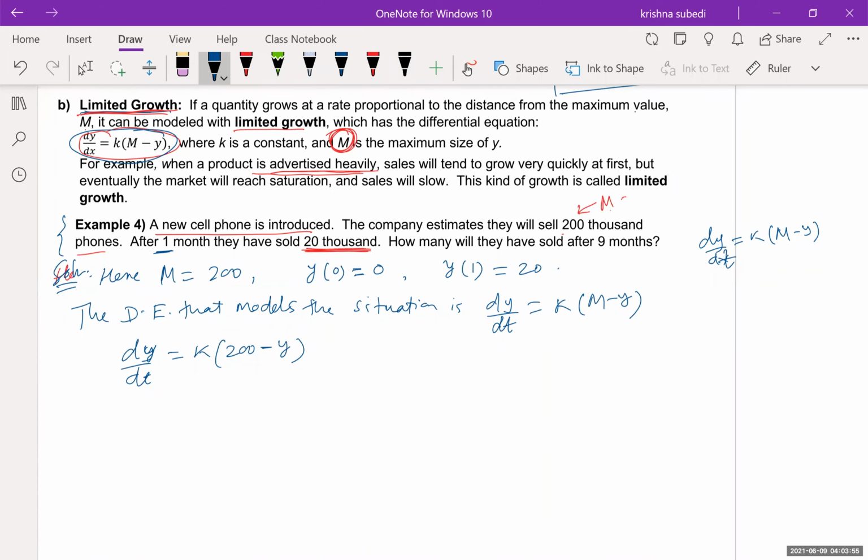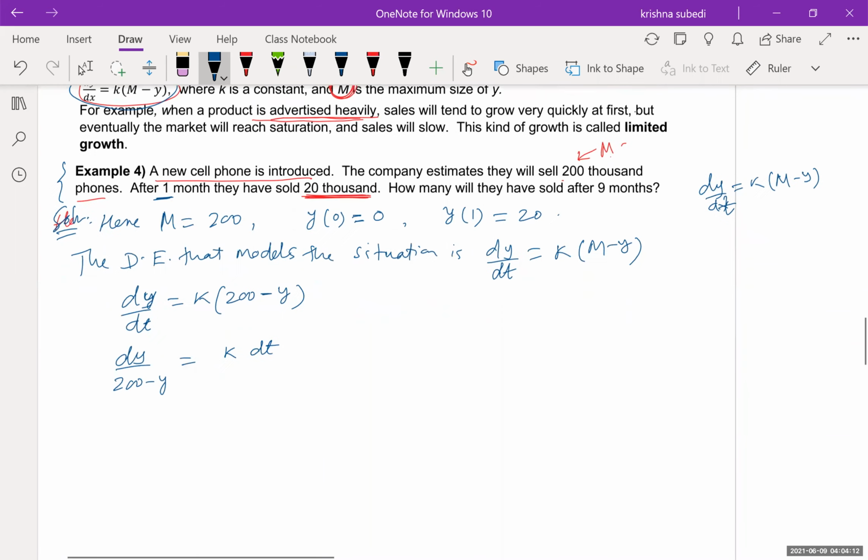Now, in this case, all we need to do is solve the system, solve this equation. You already know how to solve it, and let us use the separable method. So it will be dy over 200 minus y equals k dt. Okay, so this is going to give me, integrating both sides,